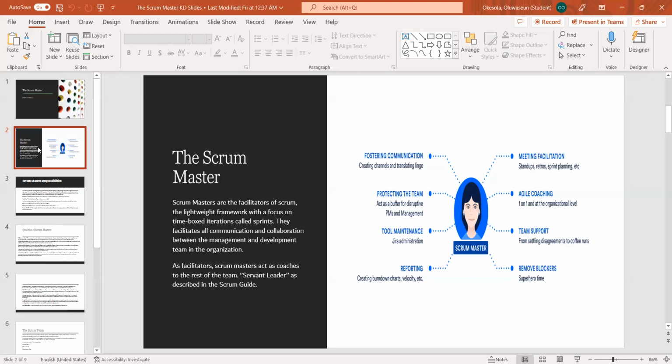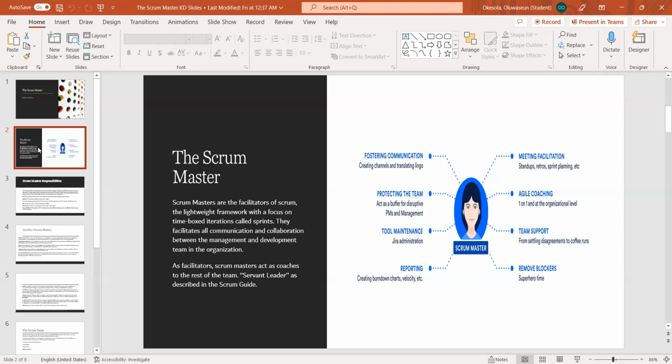However, when the team is already forming, growing into maturity, a Scrum Master needs to ensure that the team becomes self-organized, right? They can be independent. So when a development team member comes to the Scrum Master and says, "Oh, this is the impediment that I am having," the Scrum Master should be able to say, "So what have you done to ensure that you take this out, you remove this?" So you need to ensure that you are not babysitting the team. You want them to be independent and do things all by themselves.